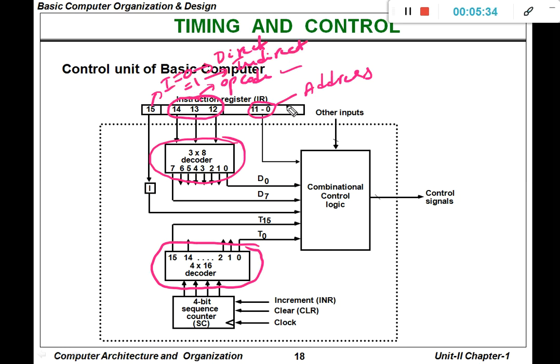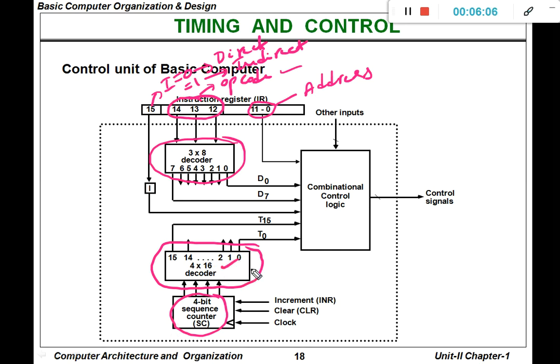Now we are going to decode the instruction register based on the control mechanism. To provide the control mechanism, we should have one more decoder. The input for the decoder is a 4-bit sequence counter, and here we are going to use a 4/16 decoder.